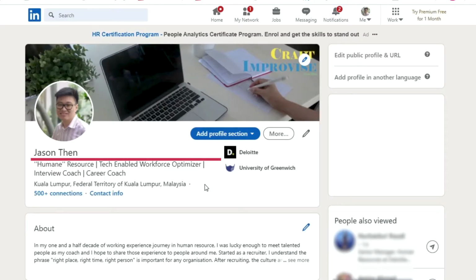By default, the headline will be your position at X company. You can use a tagline which will engage people. Something like, I am passionate in interviewing people. I am passionate in giving training. You can use something like that. Or for a fresh grad, it's best not to put the words fresh grad here, because they are not attractive. Instead, you can put passionate in human resource, passionate in graphic design, engineering aspired professional.